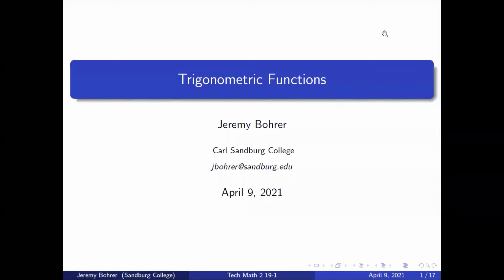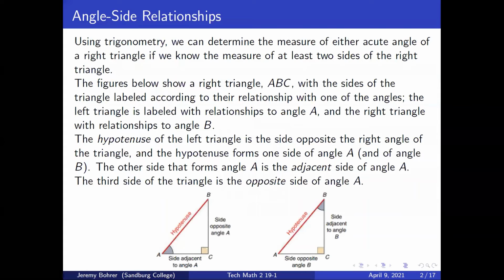In this video, we will discuss trigonometric functions. Using trigonometry, we can determine the measure of either acute angle of a right triangle if we know the measure of at least two sides of the right triangle. The figure below shows a right triangle ABC with the sides of the triangle labeled according to their relationship with